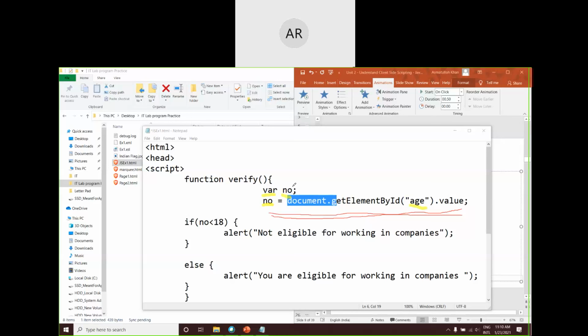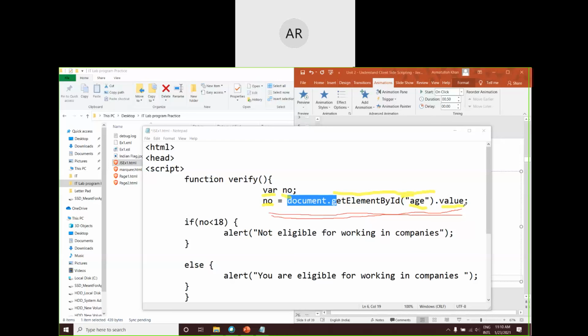Sir, getElementById is a keyword, sir. It is a predefined function, it's not a keyword. Do remember wherever you find this parenthesis, it's a function. Second thing, we are writing dot value.